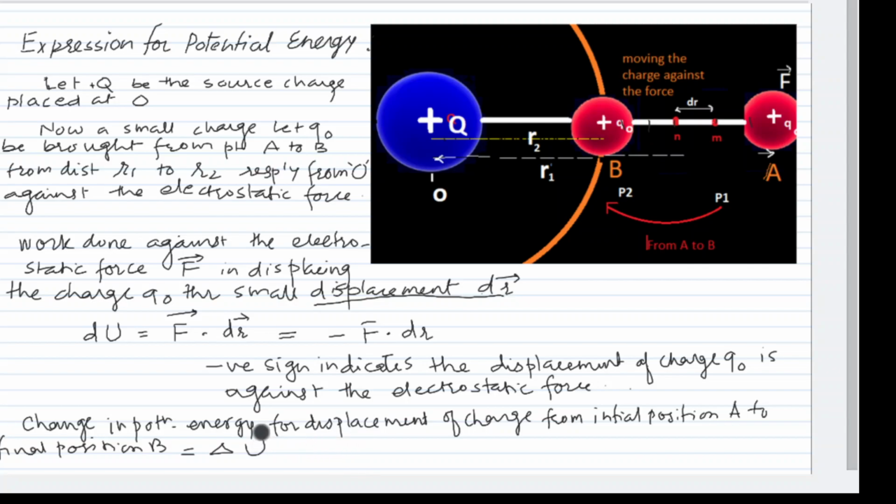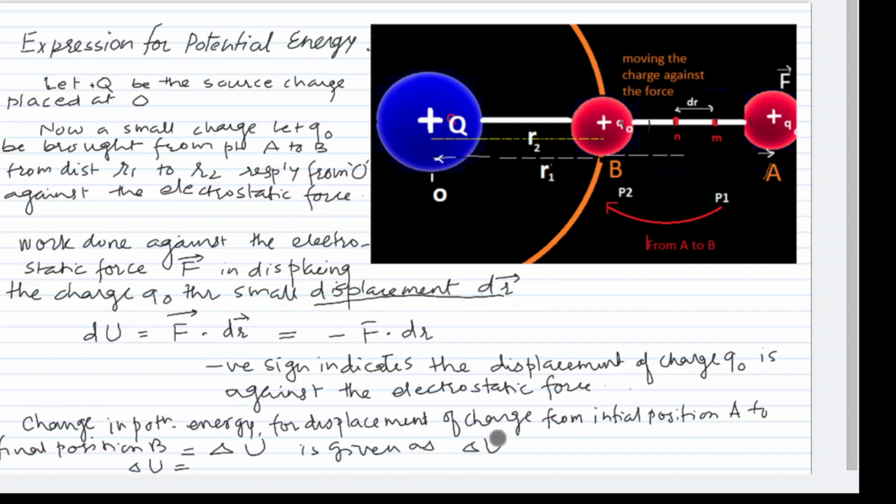And the change in potential energy for displacement of charge from initial position A to final position B is given as delta U is equals to